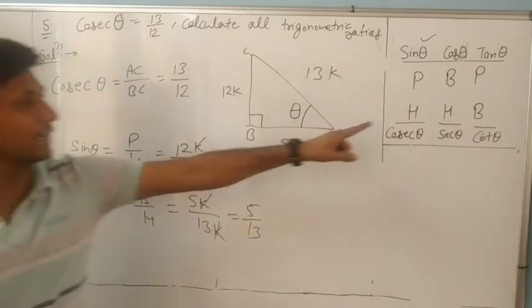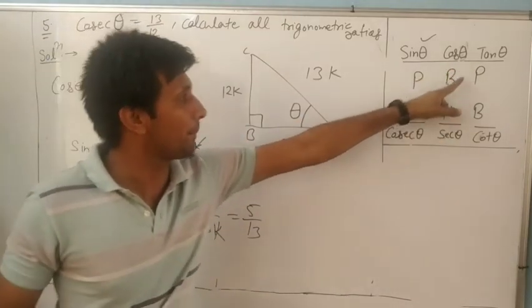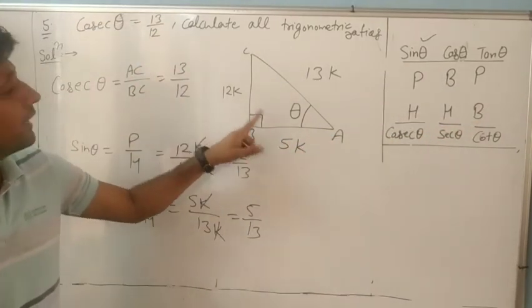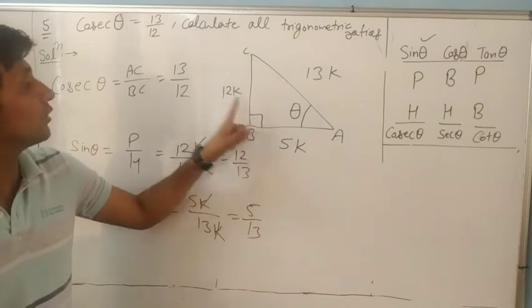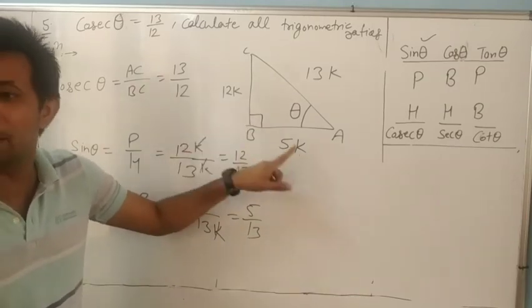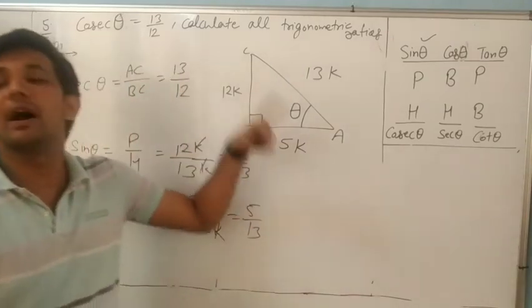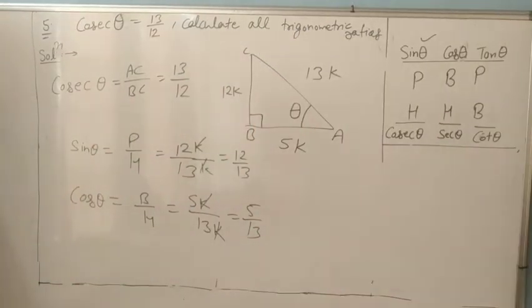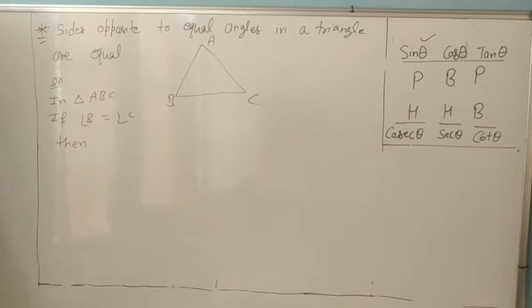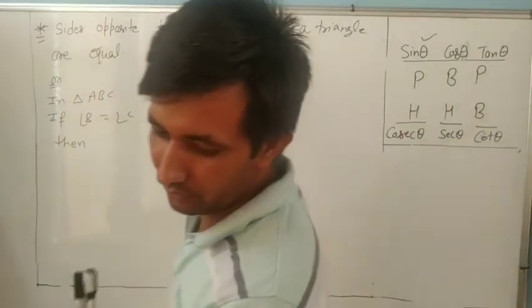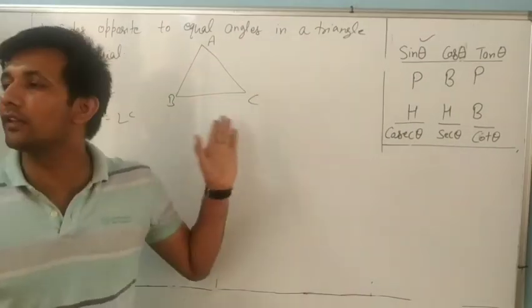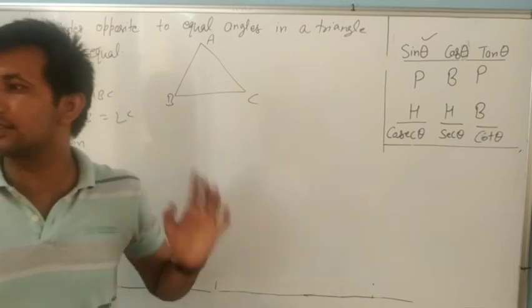Same as it is, we will find tan, perpendicular by base. Perpendicular 12k by 5k. So k cancels k. What comes? 12 by 5. And cot is 5 upon 12. So you have to do it yourself. Note it down. Now look at here. We will use one result in question number 6. What is this result? We have already learned it in the 9th class and 8th class.